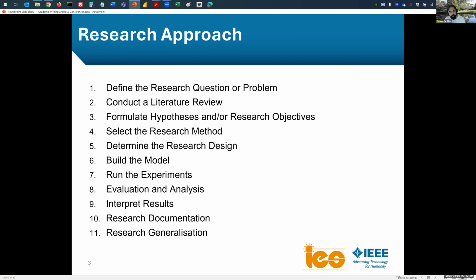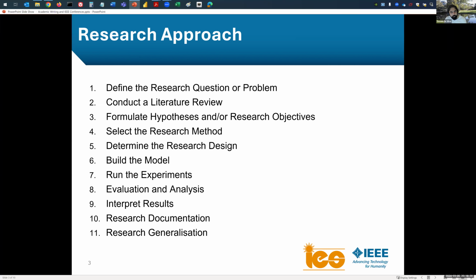So I start formulating my research objectives or hypothesis based on this. Can we use generative AI to improve solar performance? Or can we use generative AI to improve net zero emissions awareness in communities and so on? So that's formulating the research hypothesis. Then we select the research method, so what you saw earlier. Afterwards, we try to identify the research design. So method and design are going to details.